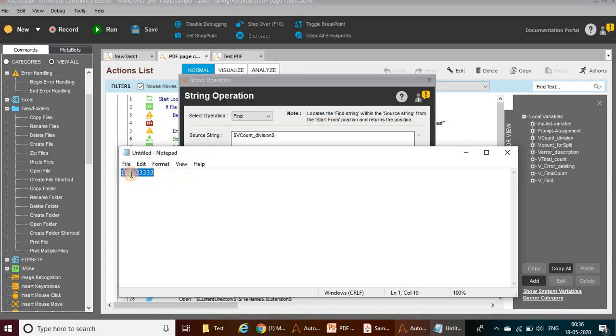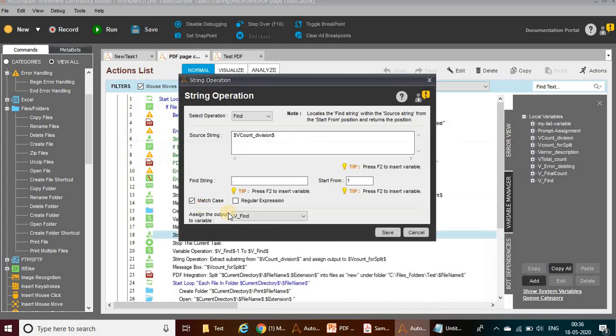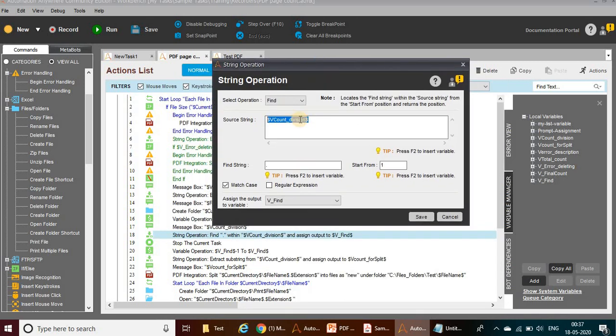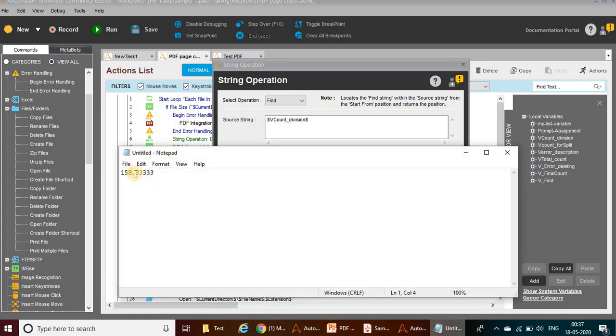So I need only the 158, or else I can use 159. For that, I am using the string operation find. In the string operation find, you need to use the source string. Here the source string is 158.333. Then I am using the find string as dot, since here we have a dot, right?